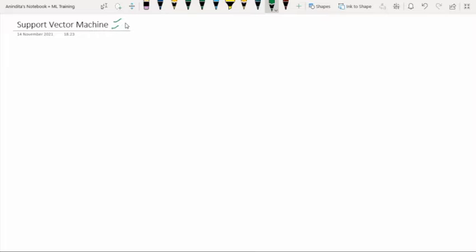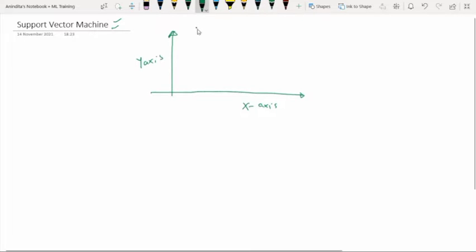So this kind of classification we can perform using support vector machine. Now here we have to remember some specific points. In yesterday's session, I discussed that whenever we are dealing with support vector machine and we have some data points like this, what is our objective over here?